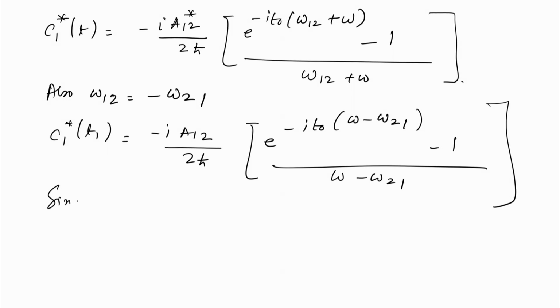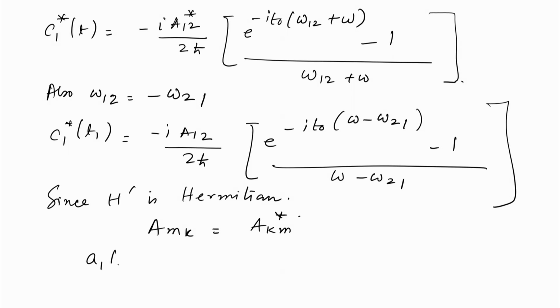Since H prime is Hermitian, A m k is equal to A k m star, which has been already told. So, one can see that now mod C 1 t squared equals mod C 2 t squared,